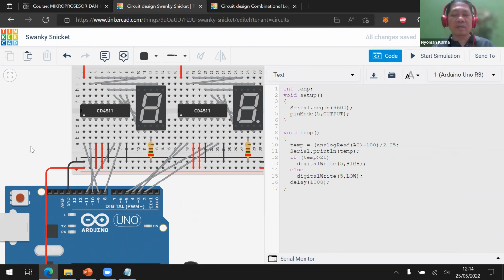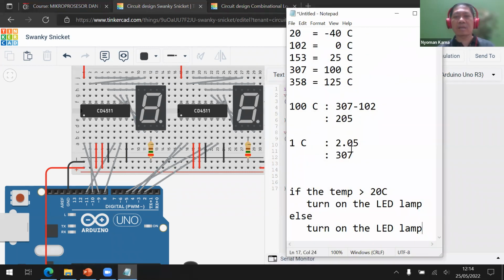The purpose of the circuit is to visualize the temperature value using 2 7-segments. Now, the problem is the temperature variable uses one value, for example, 20 or 21. How can we divide this 21 to become 2 and 1, because we want to represent 2 in here and then 1 in here.